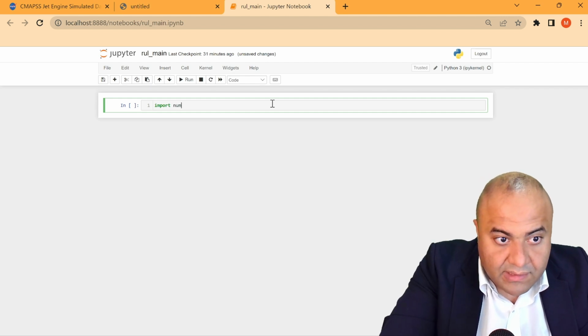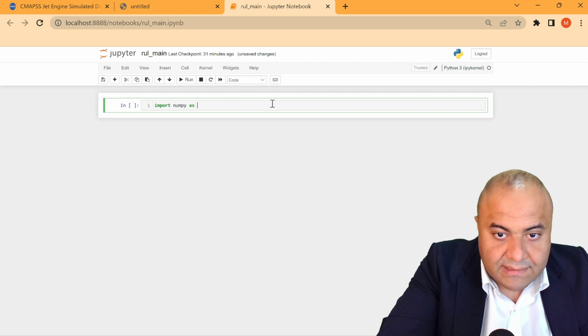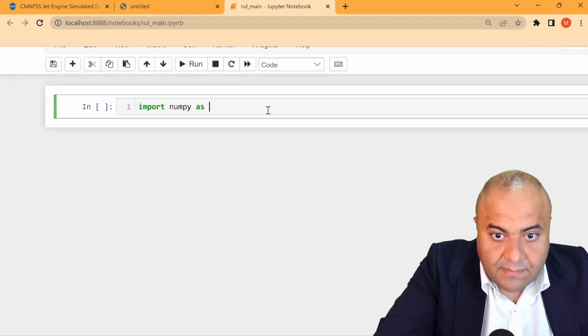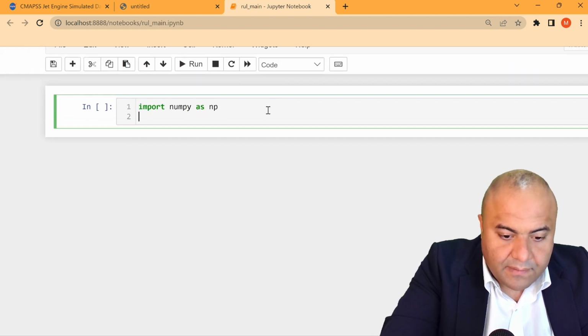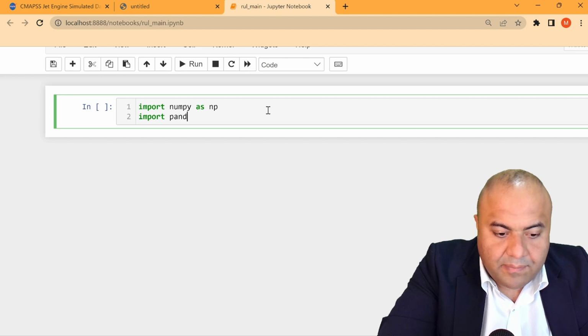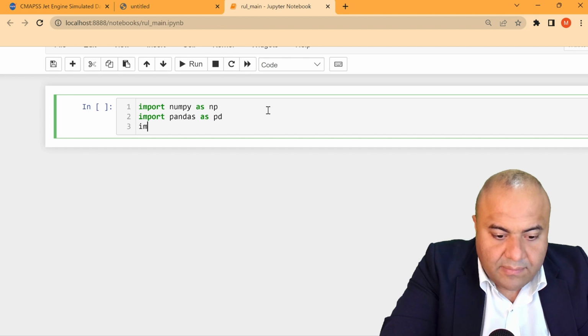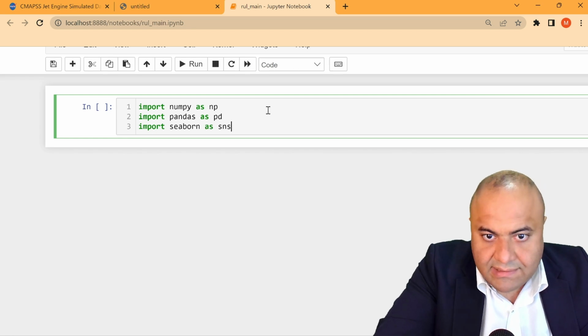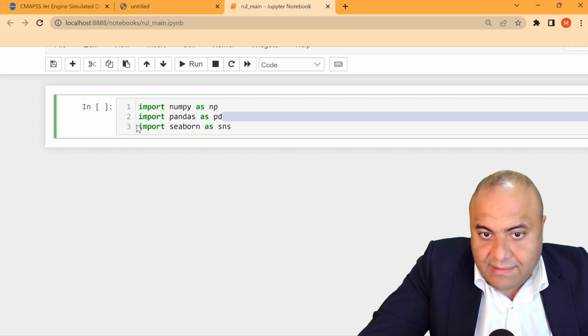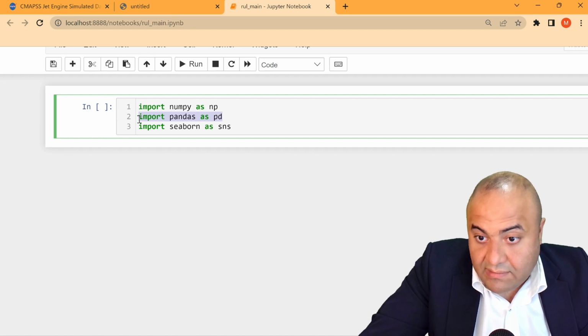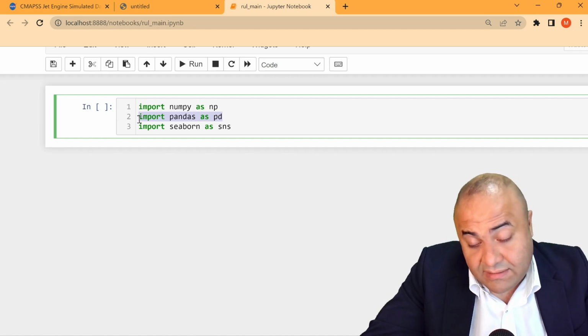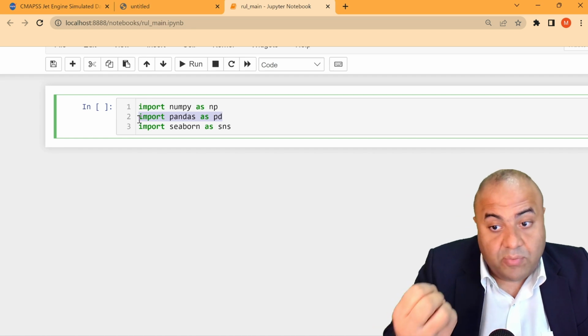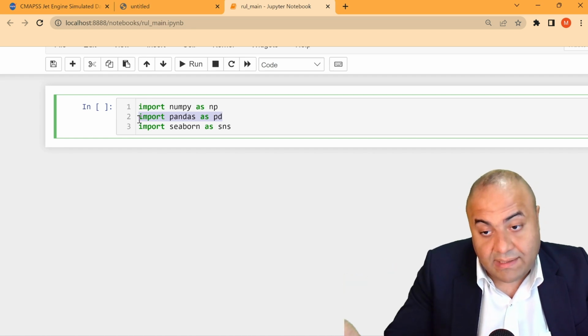So import numpy as np, import pandas as pd, import seaborn as sns. Now the pandas is for handling the CSV files, so we will import the CSV files through